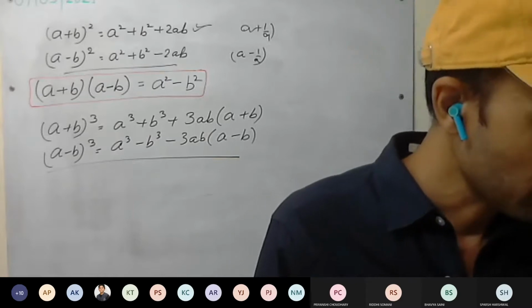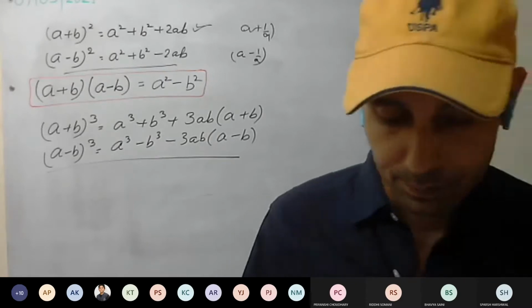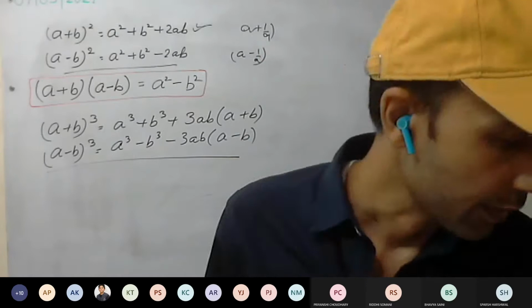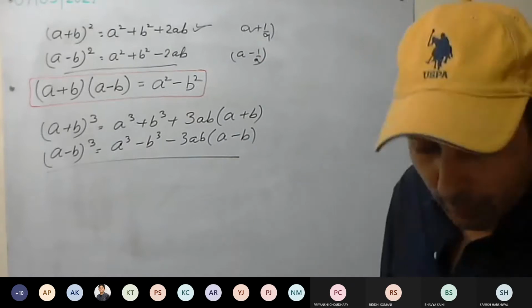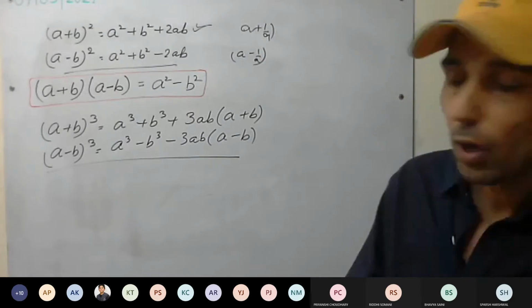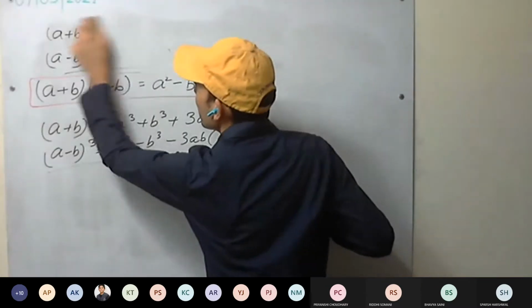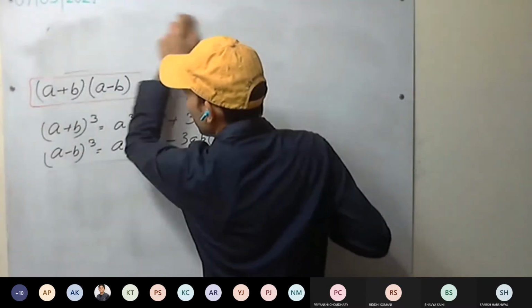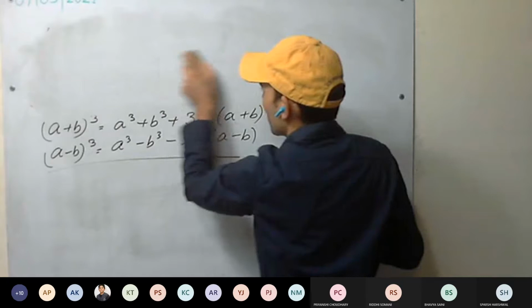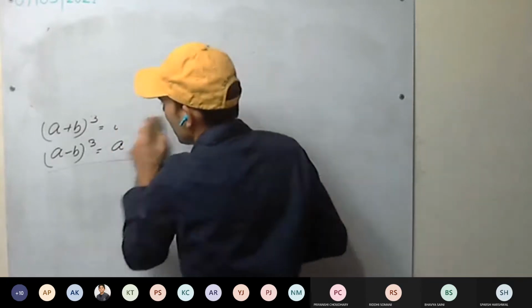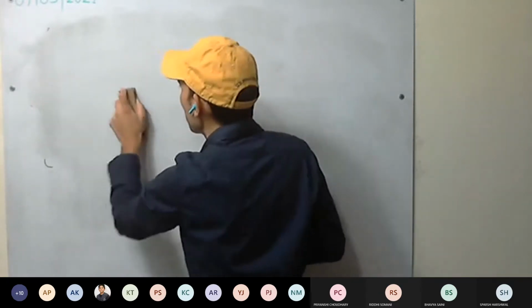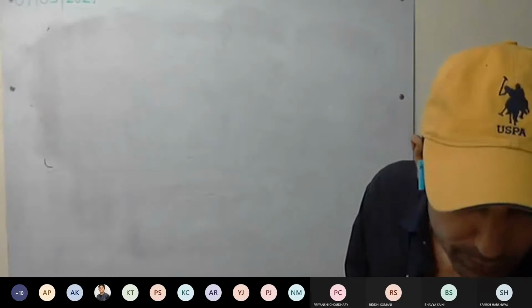So we are starting exercise 4C. Do the first question, everyone has to do this one: (x + 8)(x + 10). Multiply them, do the normal multiplication. We open the bracket and do it that way. No need to remember those identities. Do the normal multiplication the way we used to do.